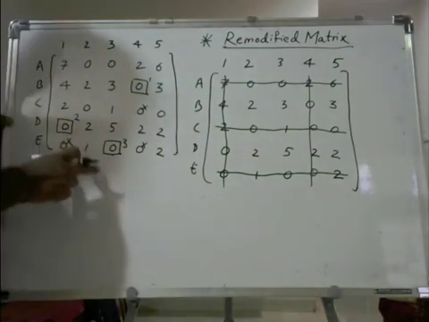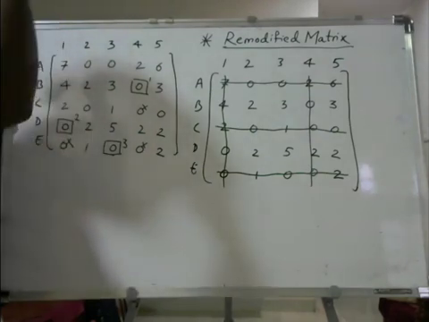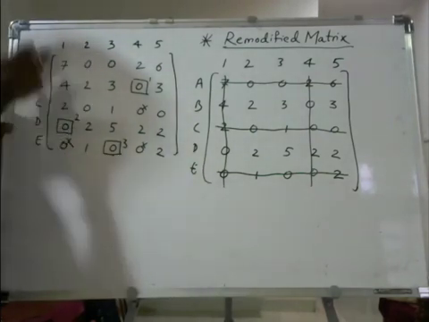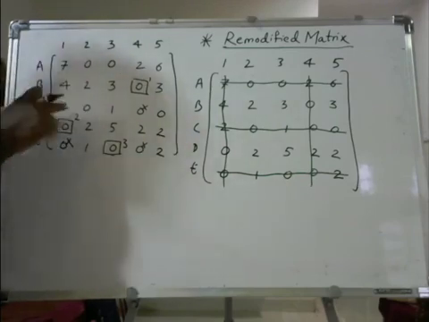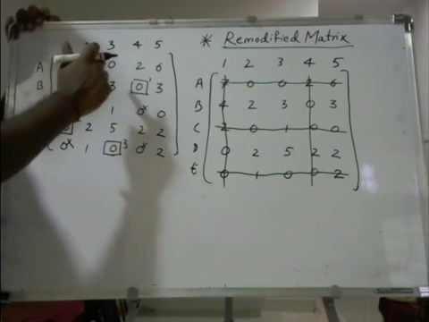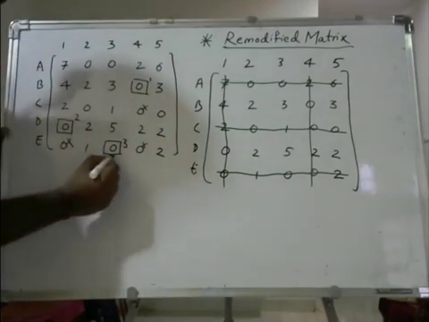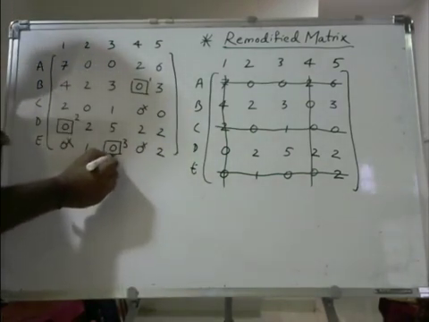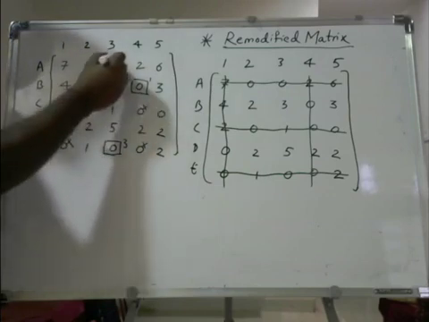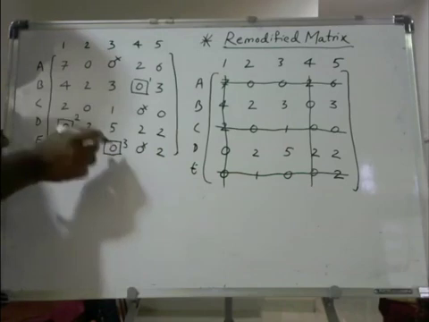And now I have done the 3 rows. Now again I can go for the rows and check, or I can go for the columns. I'll check the rows again to see if I get single zeros. Here in this, okay, so I put the box for the third one, but I forgot to put a cross sign for the corresponding 0. So I put the cross sign for this corresponding 0.